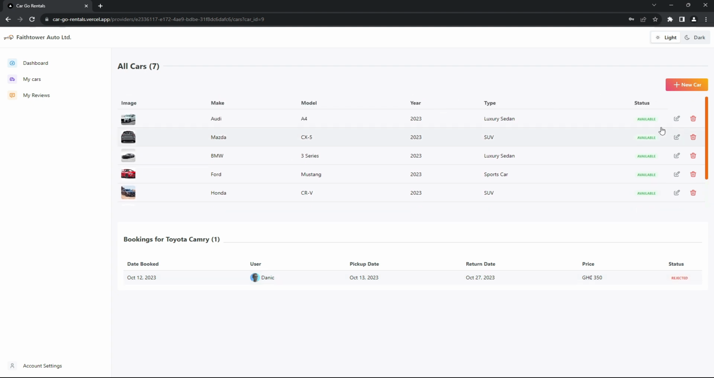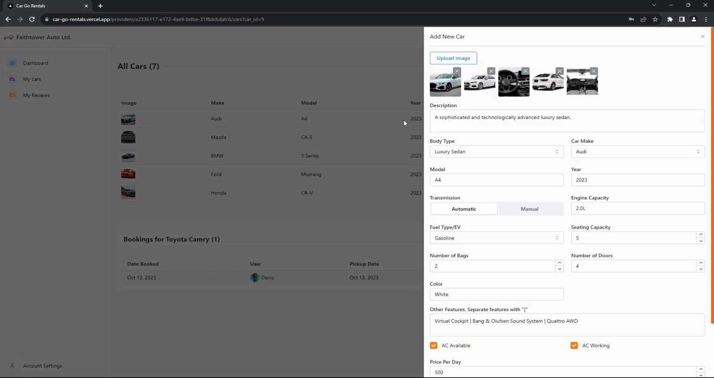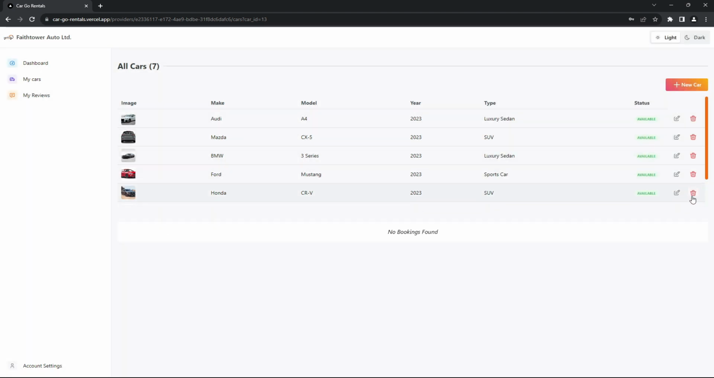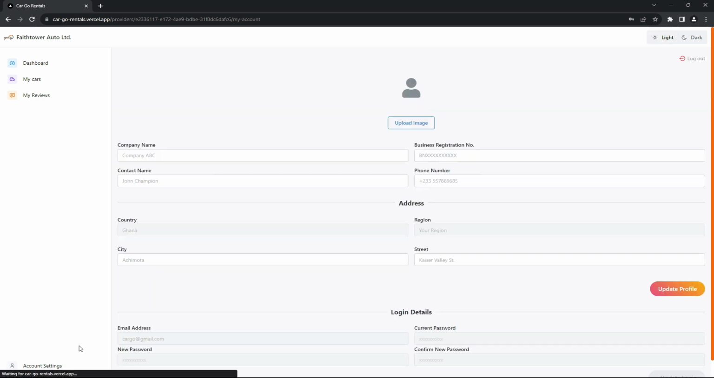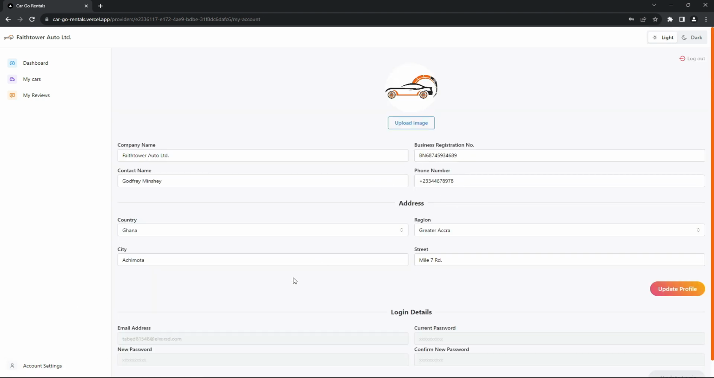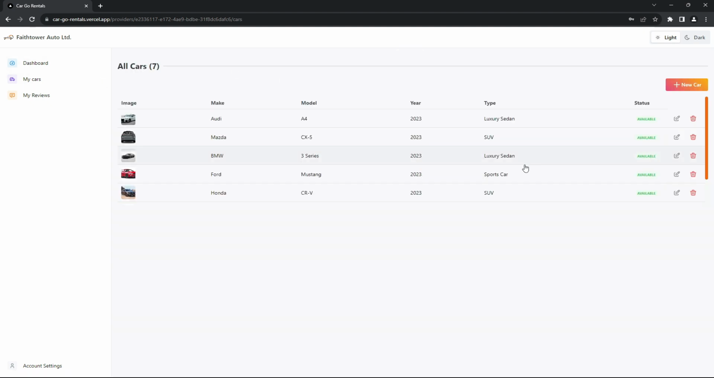And we can add a new car. We can edit. We can also delete. Cool. And light and dark mode is working. Account is also working. Let's go back, and then what I want to show you again is